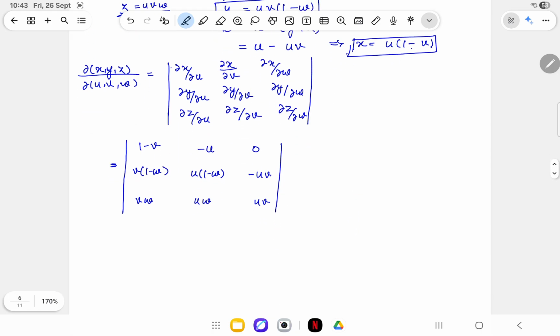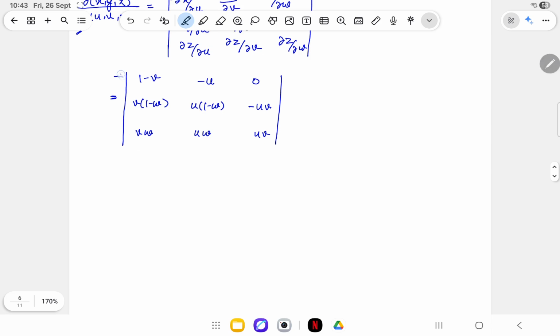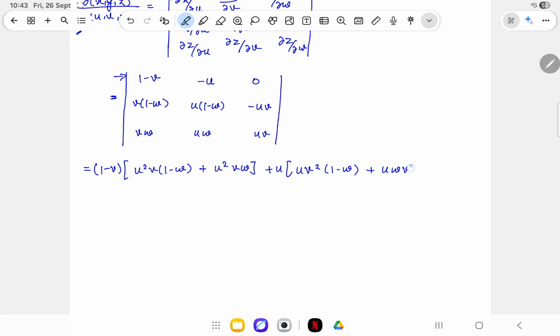Now let's just find out its determinant to get the exact value of the Jacobian that they have asked. So for that we need to solve the determinant. Let's expand it with respect to this row. So it will be 1 minus v into u square v into 1 minus w plus u square vw, plus u into v square into 1 minus w, plus uw v square,